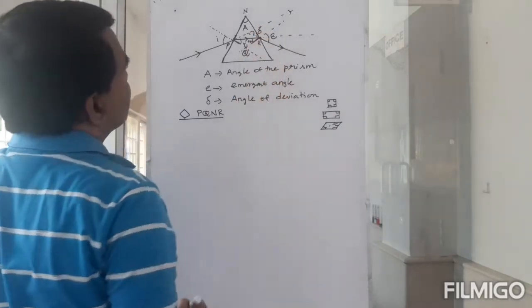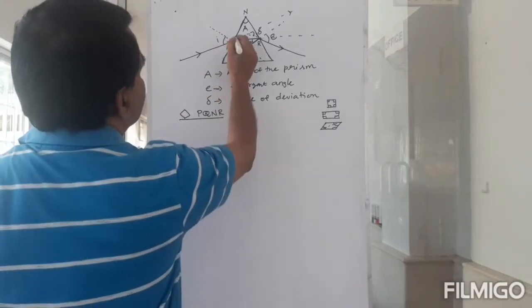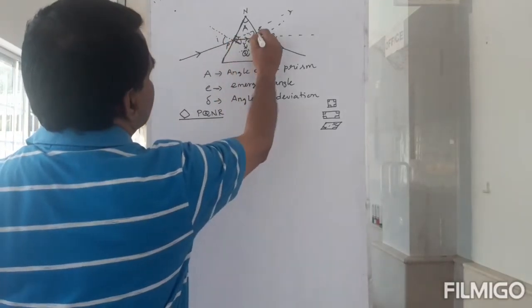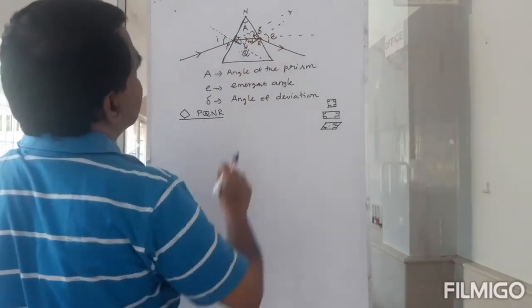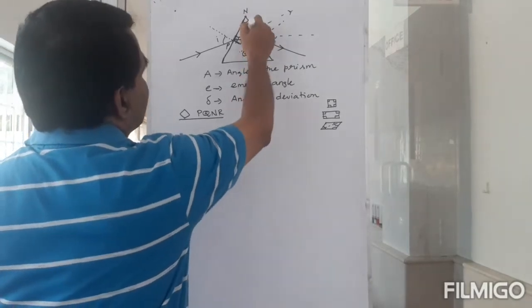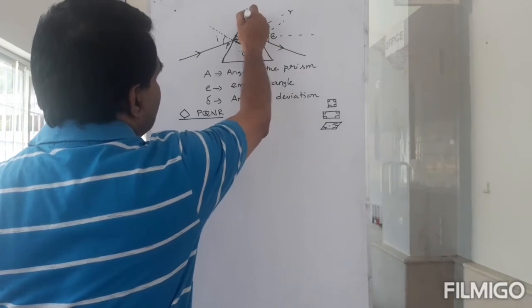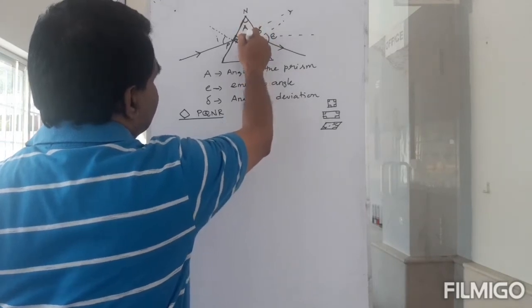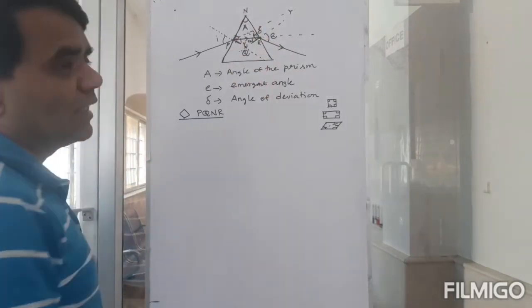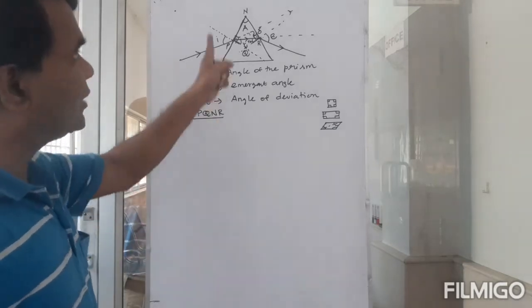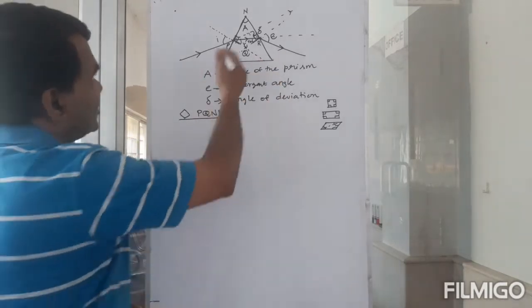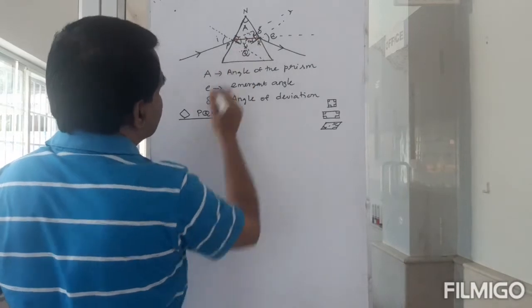This must also be 90. So this is 90, this is 90, and this is also 90, which means that this angle A and this angle Q must be equal to 180. Because you know this, right? I'll call this angle P